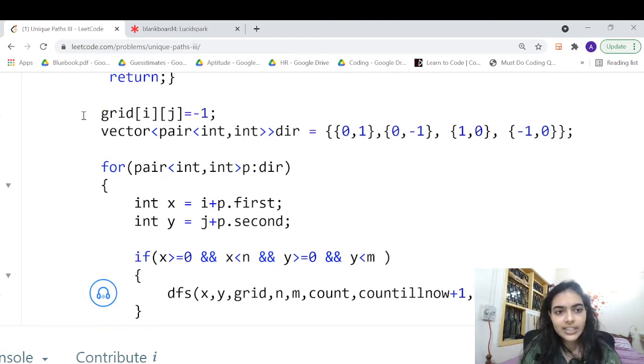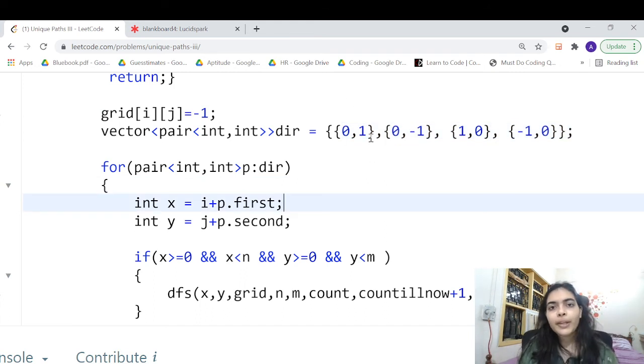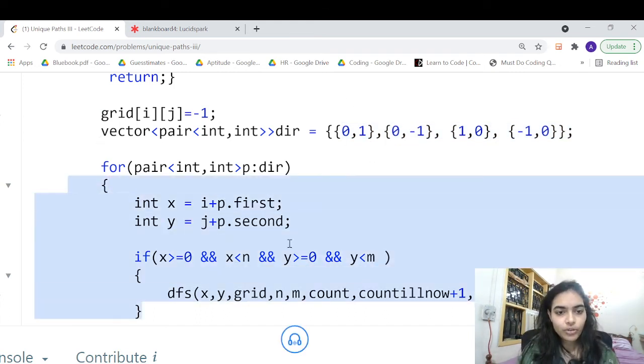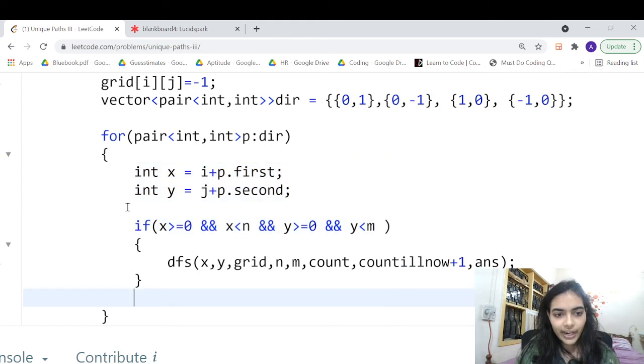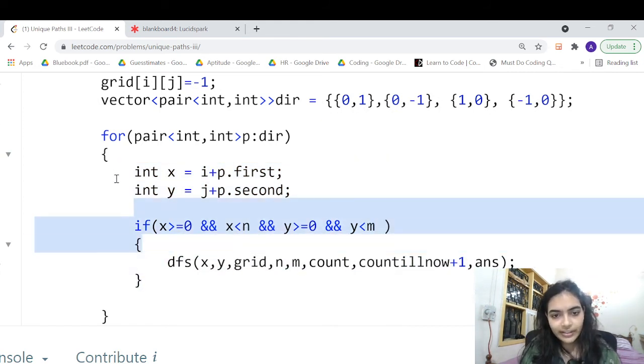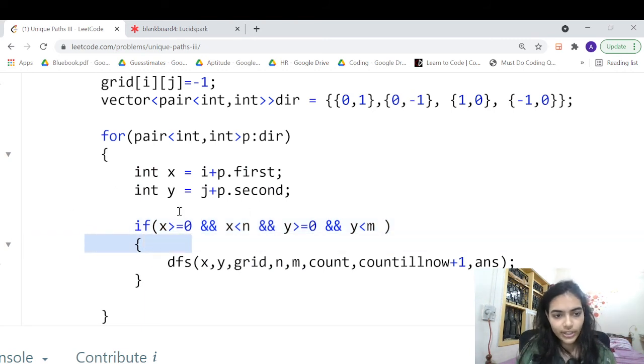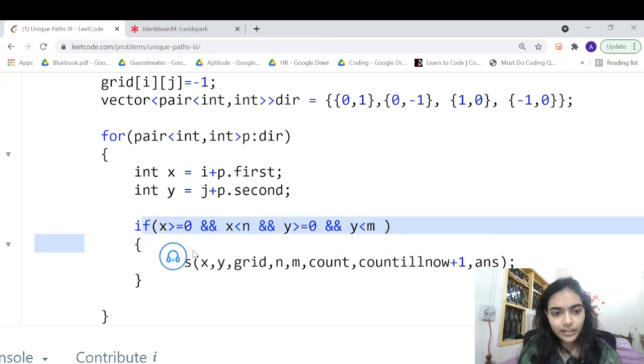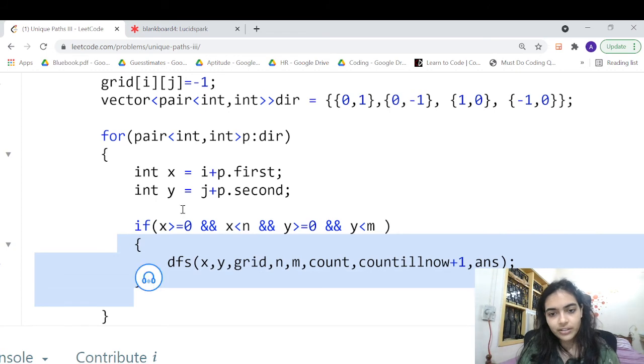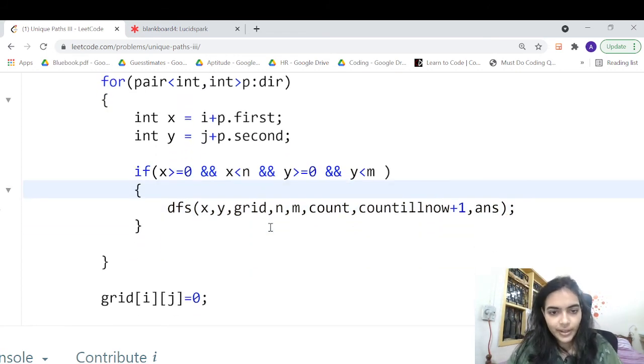Now let us visit its neighbors. I am taking the top neighbor, down neighbor, right neighbor and left neighbor. Whenever I see that a neighbor is within index ranges, I can call the DFS on this particular neighbor.